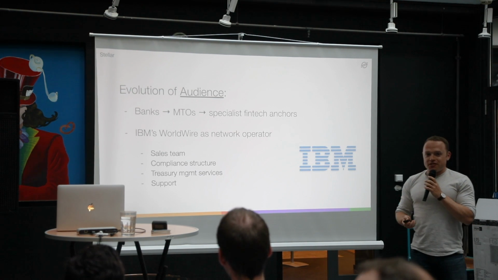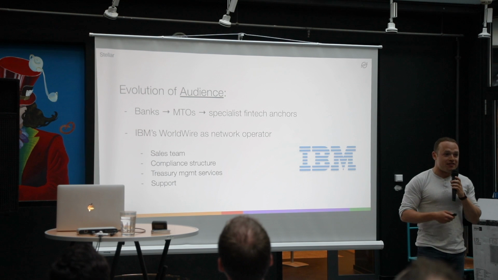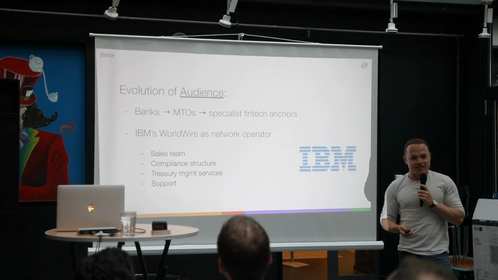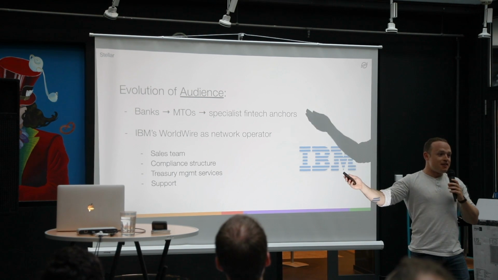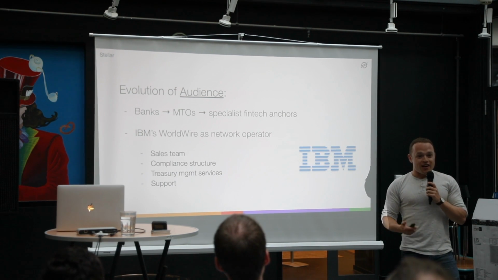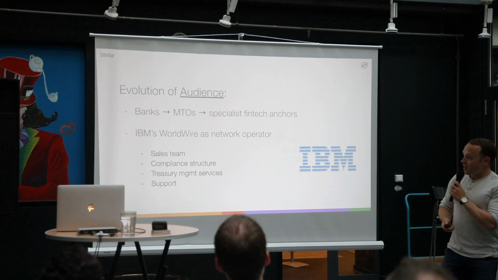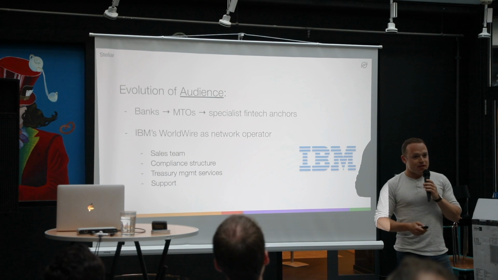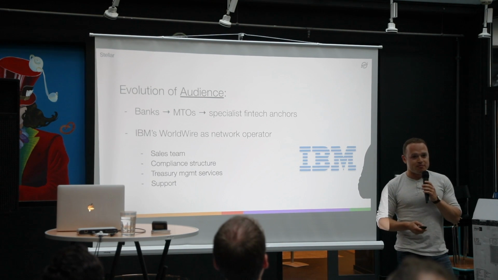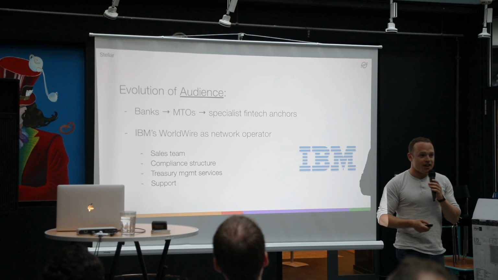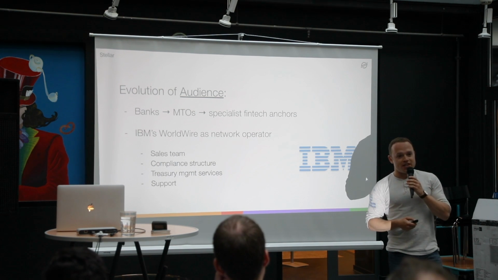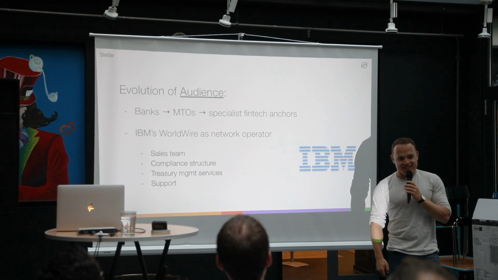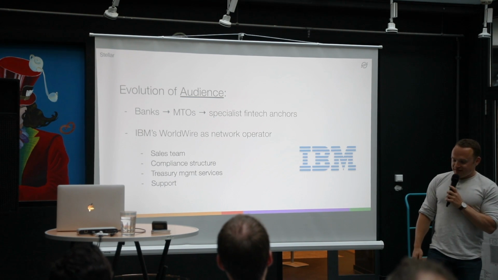So the first evolution that I'm going to talk about is the evolution of our audience. When we first started commercializing Stellar, going out to the public and saying, hey guys, we built this really cool technology, use it, let's work together, the first group of people that we started approaching were banks. We started with small to medium-sized banks because they are more willing to try new technologies, they're less averse to risk. But we found that they're still not very averse to risk, so it turns out.